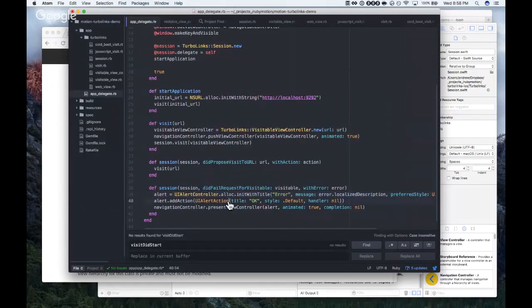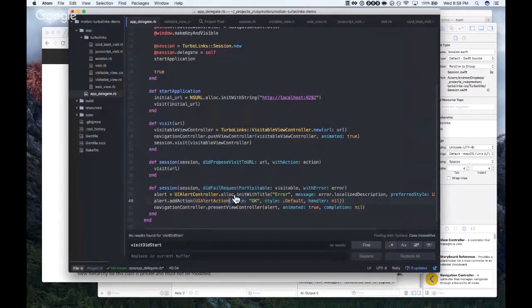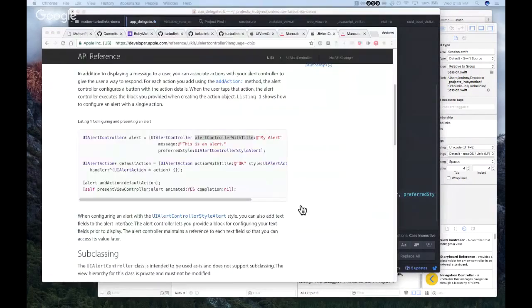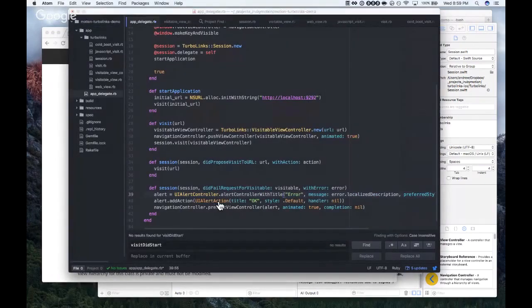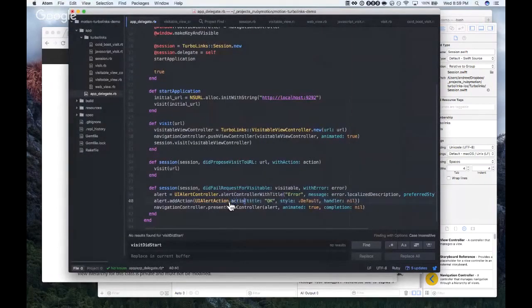Alert add action. UI alert action. Actually, now that I'm looking at this example, the method that I was calling here was wrong. It's alert controller with title. So preferred style, and then UI alert action dot action with title.